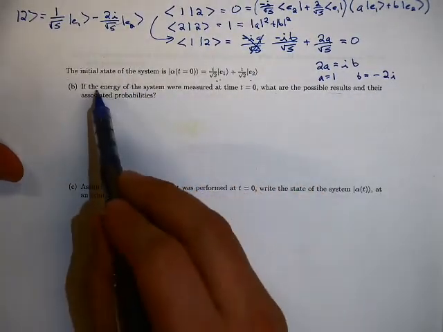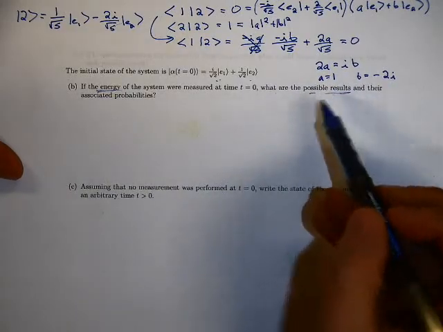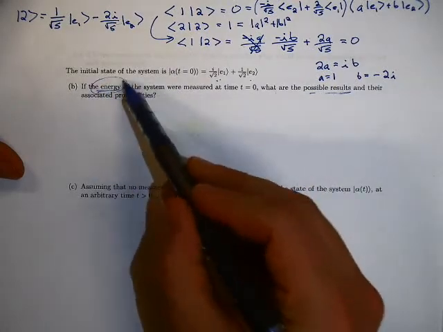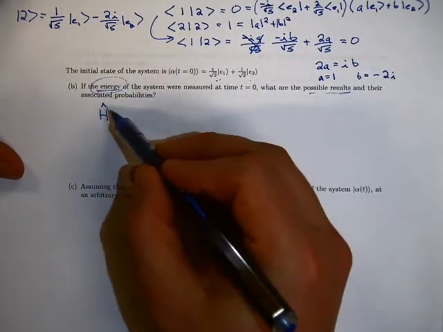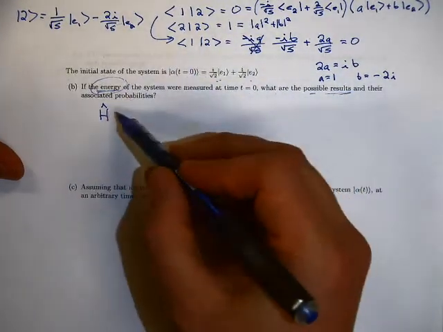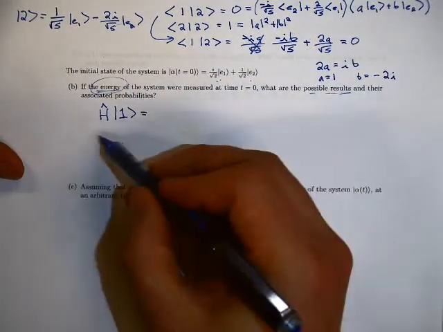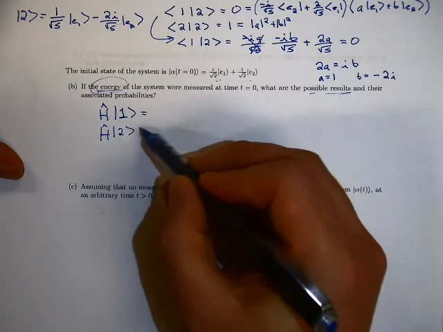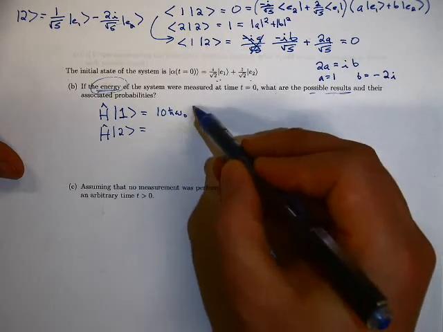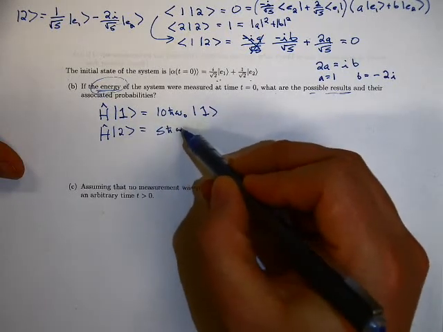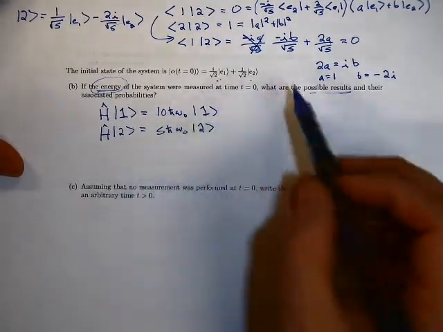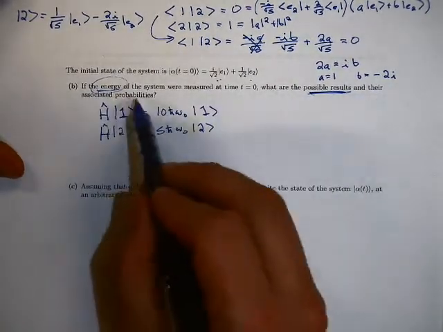Well, we know that if we measure the energy, then the possible results are just the eigenvalues of the operator that corresponds to energy. The operator that corresponds to energy is the Hamiltonian, and while we don't know much about the Hamiltonian for this system, we do know that vectors |1> and |2> are its eigenvectors, with eigenvalues 10 h bar omega naught and 5 h bar omega naught. So 10 h bar omega naught and 5 h bar omega naught are the possible results,